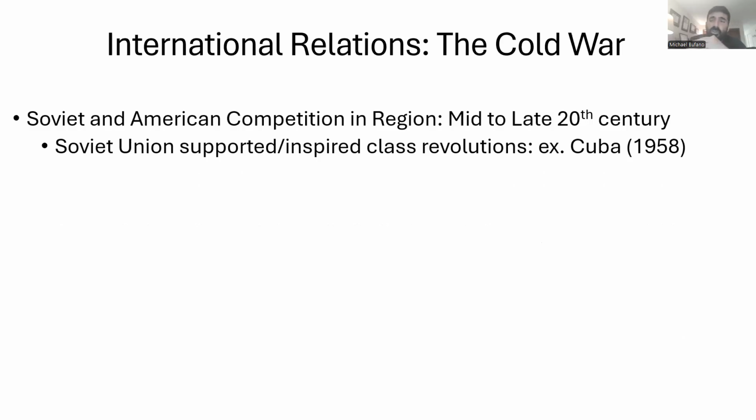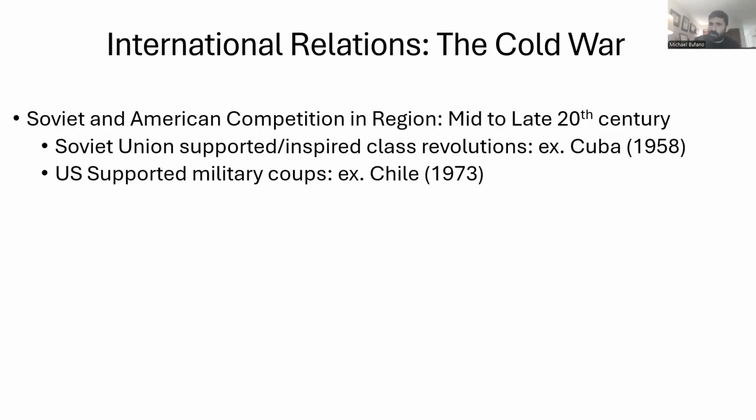And in fact, the Soviet Union either inspired or supported class-based revolutions and insurgencies in different parts of the world. We're going to talk a lot about how far-leftist ideologies influenced countries like Cuba and Guatemala in this class, and how it influenced Venezuela and other parts of the region. So in 1958, Cuba had a far-left revolution, and eventually those revolutionaries overthrew a pro-Western government and established a single-party dictatorship that eventually embraced a communist ideology under the rule of Fidel Castro.